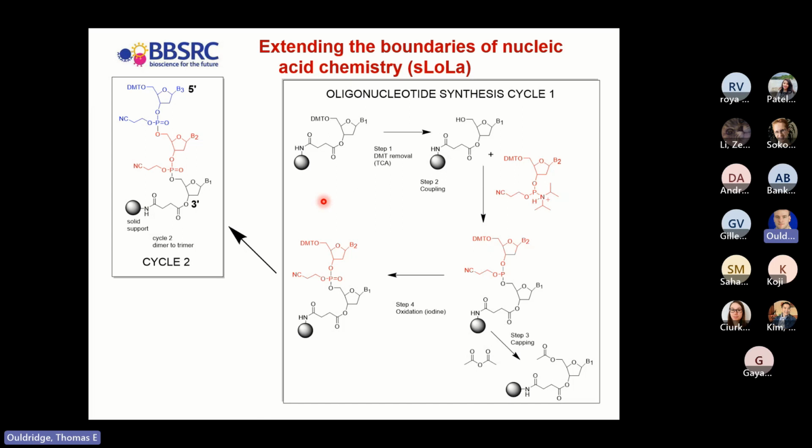I'm not going to talk too much about chemical synthesis, but I do want to mention that this phosphoramidite method, which was developed by Marv Carruthers in the 1980s, underpins everything that we do, and not just us, but almost everybody who works in biology now. And it's important to recognize that. So I wanted to give a bit of an